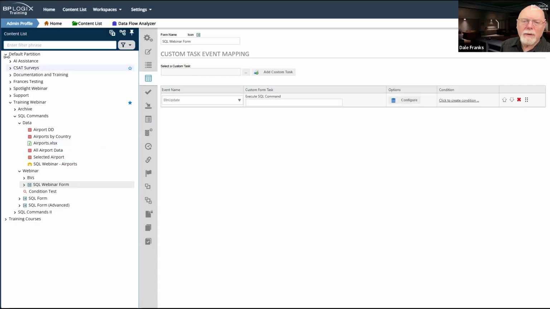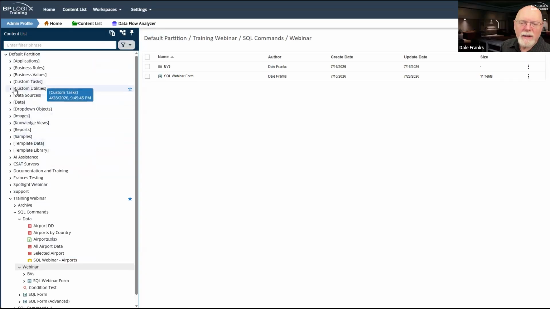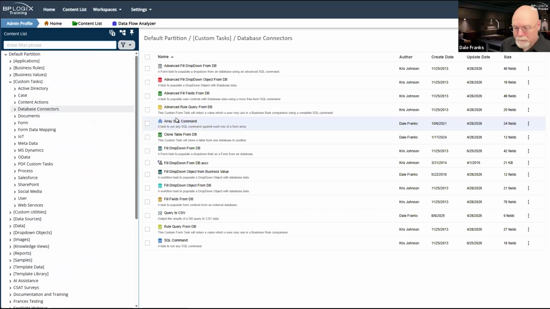Now, as I was about to say, most of the custom tasks, and let me go and save my form here before we do this, and let me show my system folders so that we can look at the custom tasks and look at the database connectors custom tasks. Most of these custom tasks have been largely deprecated.